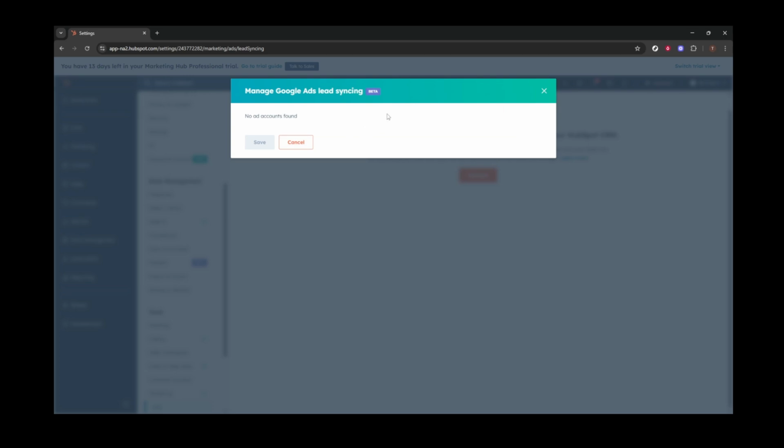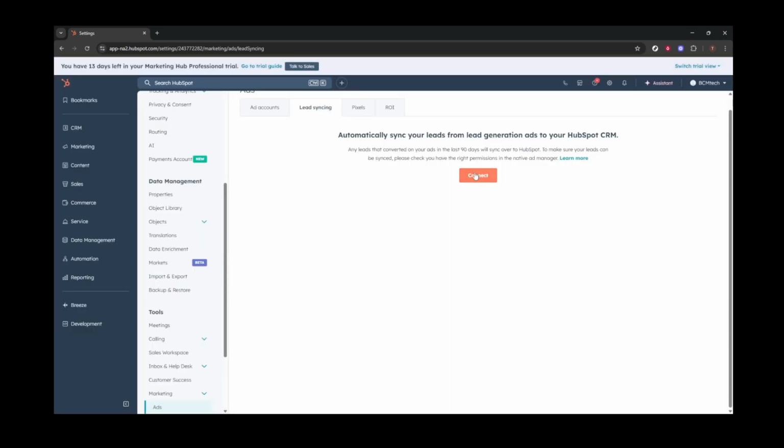With these steps, you're now equipped to integrate Google Ads with HubSpot efficiently, paving the way for enhanced ad tracking, insightful reporting, and ultimately better marketing